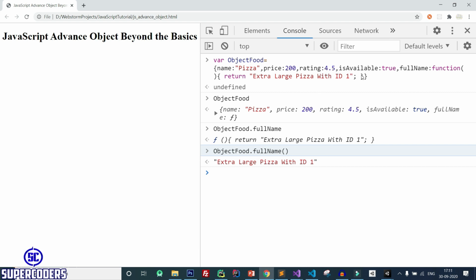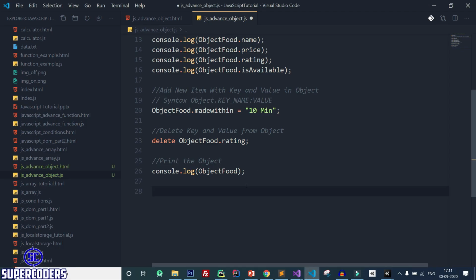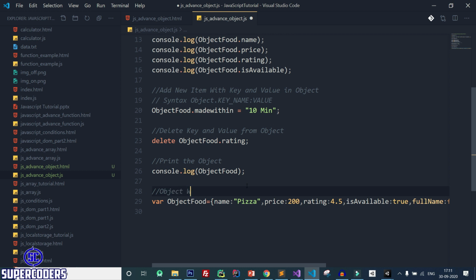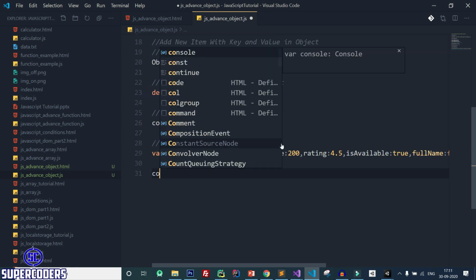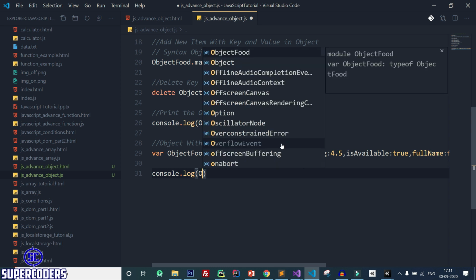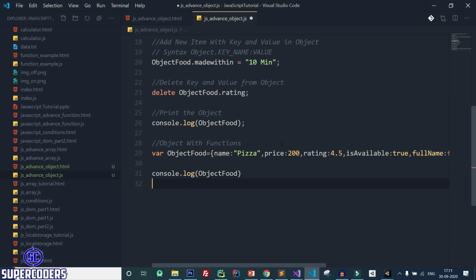So also add this in our file. Simply copy this and go back to VS Code. Let's add it: object with functions. Now here console.log object food, and here calling the function which is inside the object.